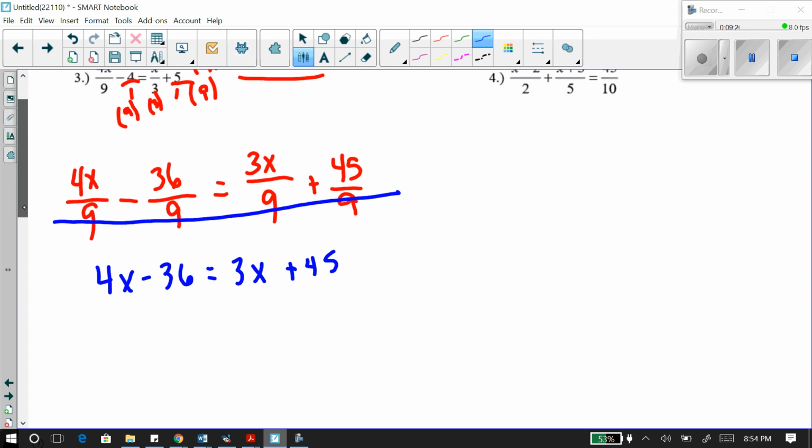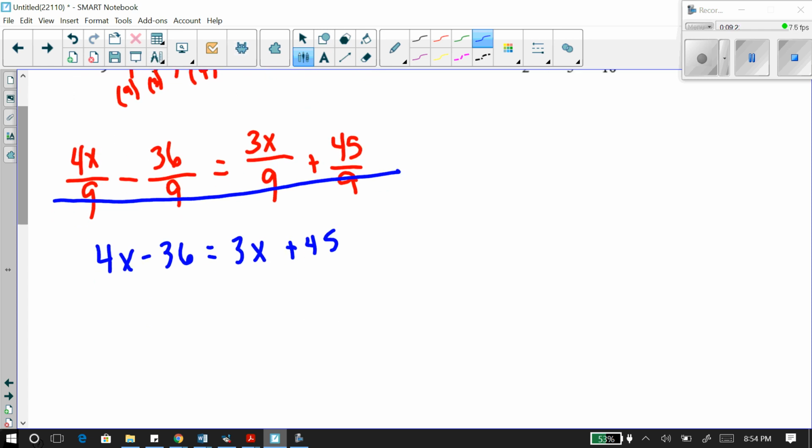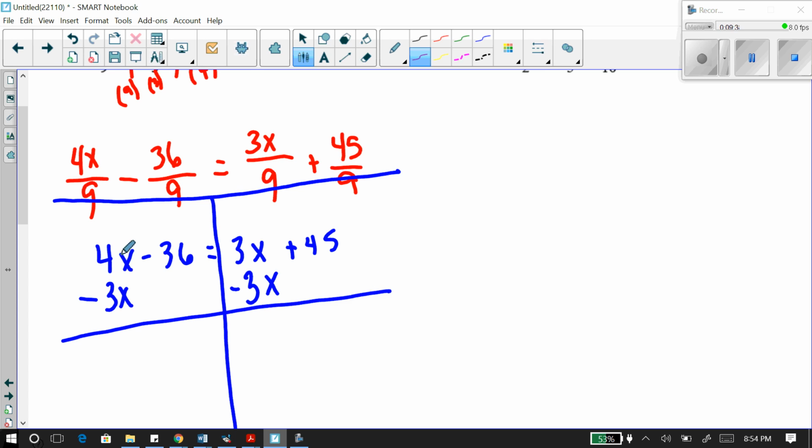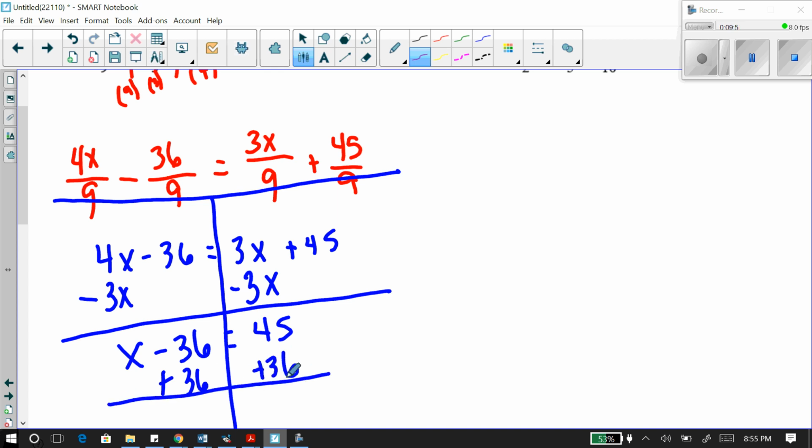And now it's just the older problem that we did. You solve. So I'm going to bring my 3x over. Again, there's not one way to do this, but this is the way I want to do it. So minus 3x, because it's a positive 3x. Opposite of add is subtract. Minus 3x to this side. So 4x minus 3x just gives me an x. Or you can write 1x, same thing. Now add 36. And you get x